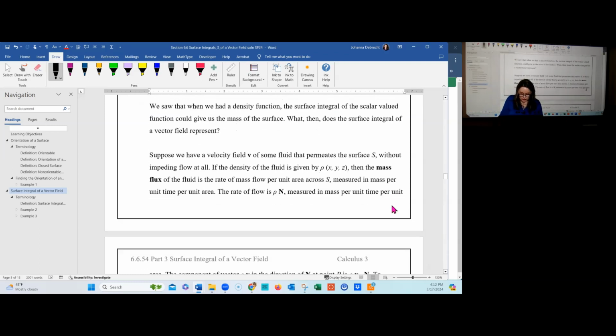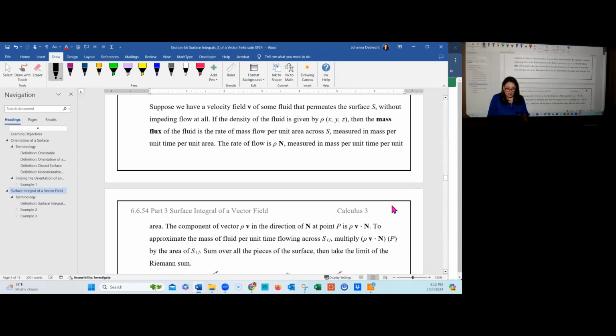Let's suppose that our vector field is the velocity field for some fluid. This fluid flows through the surface, not inhibited by the surface at all. So it's flowing through it, permeating the surface. If the density of the fluid, and again we have the density, rho of x, y, z, then we can call the